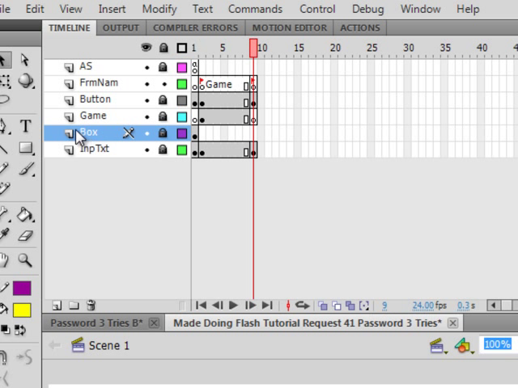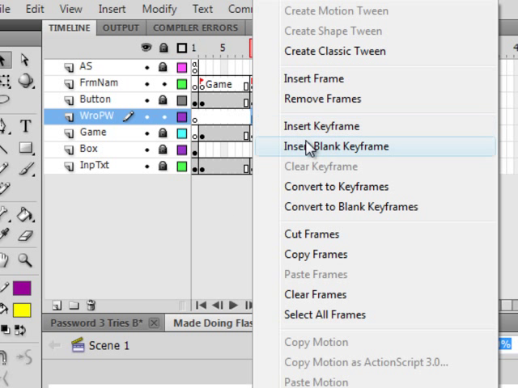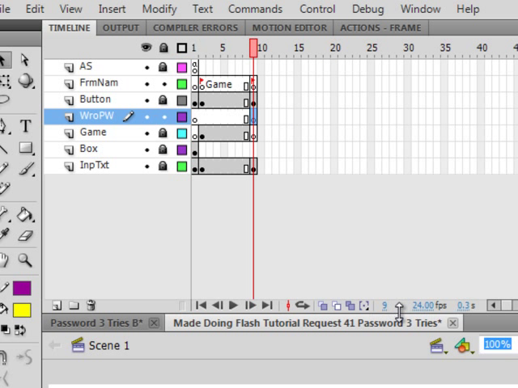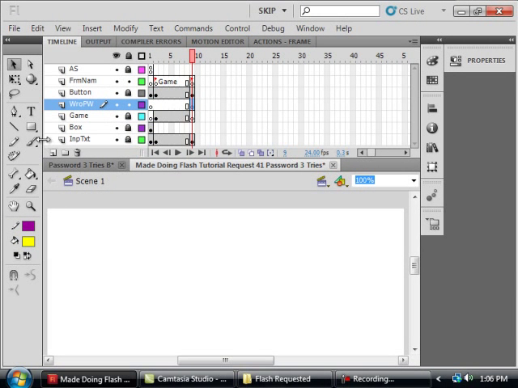and right here under click on game layer, insert a layer, call it WRONGPW as in wrong password, click last frame, insert a blank keyframe, and in here pick up the text tool, make sure you have that one selected, unlock all the other ones, make sure just unlock this one, select that last frame,